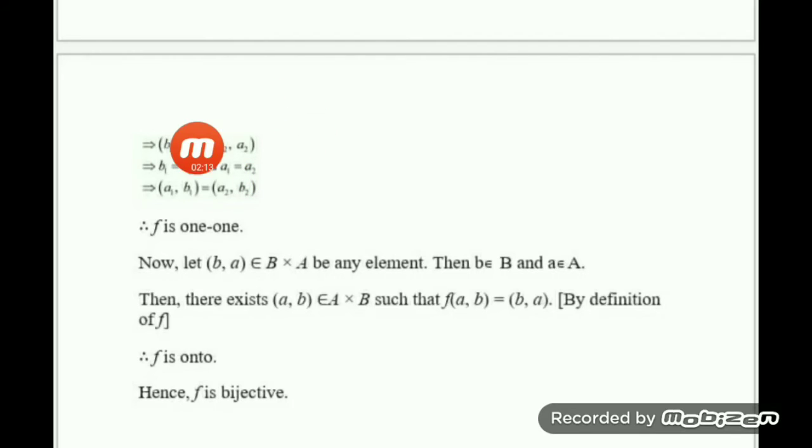Now, you see, here we have got two ordered pairs that are equal. So, by the definition of equality of two ordered pairs, what is the conclusion we can give? The first element is equal to the first element and the second element is equal to the second element. Because your aim, you remember, is to show (a1, b1), not (b1, a1). So I am writing here b1 is equal to b2 and a1 is equal to a2. Now we form an ordered pair as required. (a1, b1) is our ordered pair. Then in the place of a1, if I put a2 because they are equal, and in the place of b1, I put b2, that means we get (a1, b1) is equal to (a2, b2).